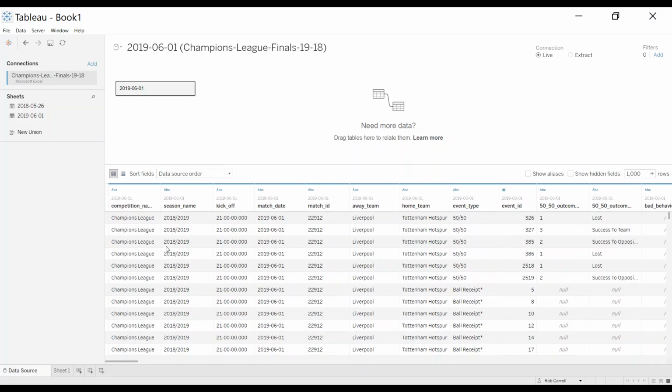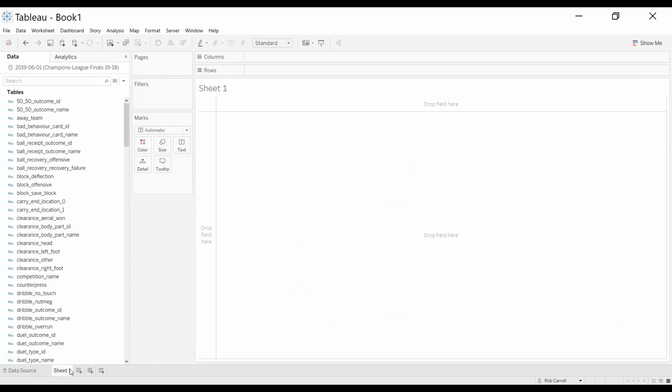Obviously, every data set's going to be a little bit different, so just keep that in mind. But I will make this file available to download, so you're able to follow along here. So let's go to sheet 1 at the very bottom. The first sheet creates that blank sheet, and this is the main interface that you'll